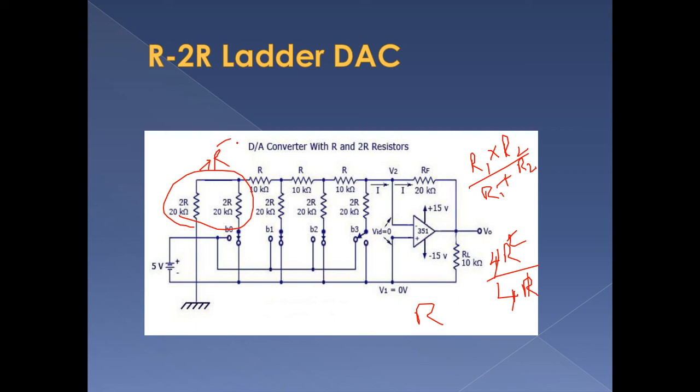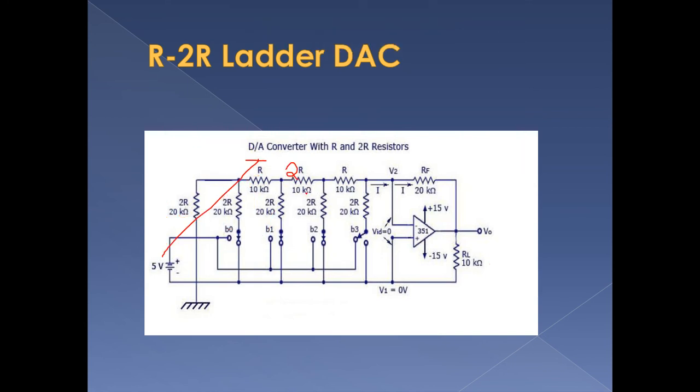Then this R and this R will be in series, so we can add, we will get 2R. So the whole part is replaced with a resistor 2R. Then here we will get 2R. Next we need to find the equivalent resistance for this portion. Again it will be in parallel, so for the equivalent resistance you will get the same R. Then it will be replaced with R. This whole portion is replaced with R.